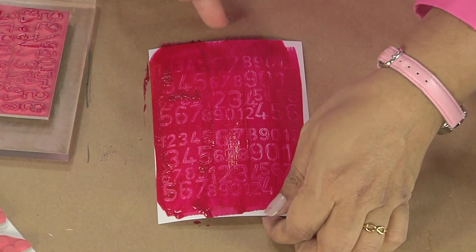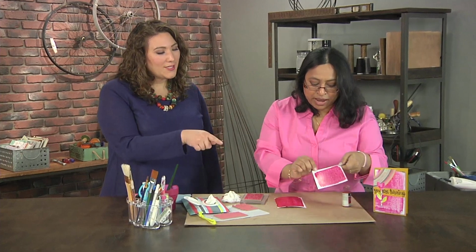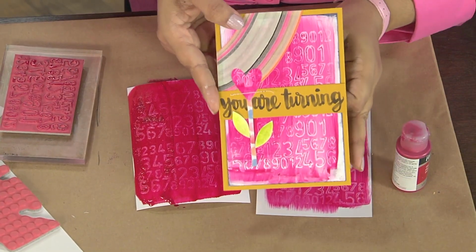Okay, there you go. Ooh, and we can see that one's completely dried, where of course this one's dry. It has melted away, it seems like, or removed it, so we're stamping off instead of on, and there's your beautiful